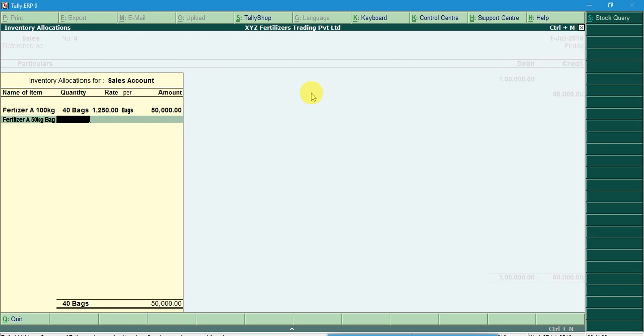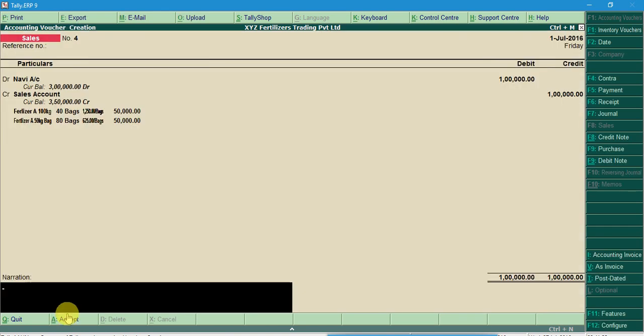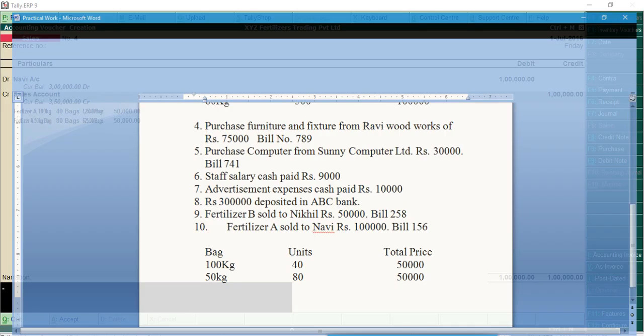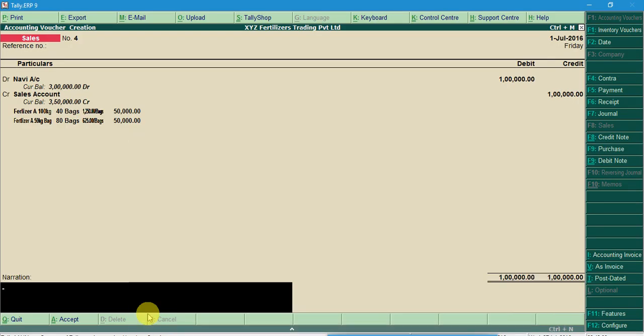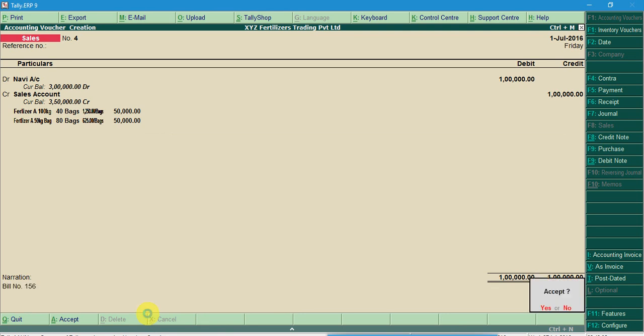Suppose we sold 50, and to match 1 lakh with the entry, I needed the rate 625. Just enter, and now enter the bill number 156, then press enter and accept it.